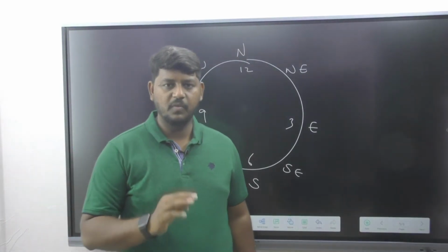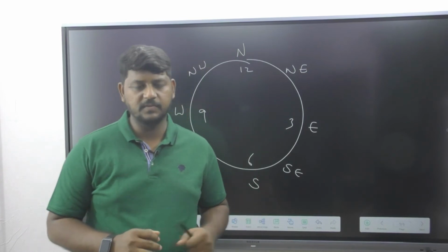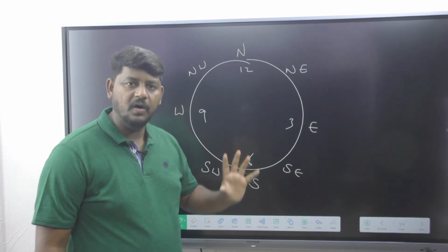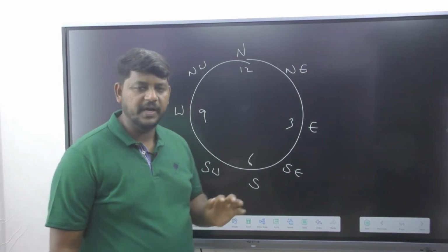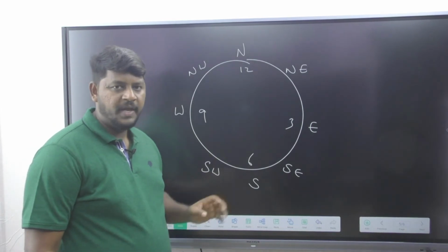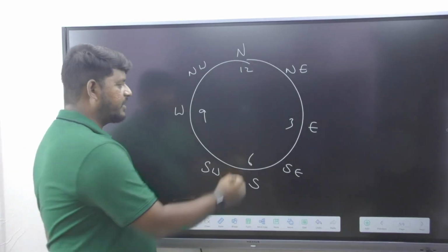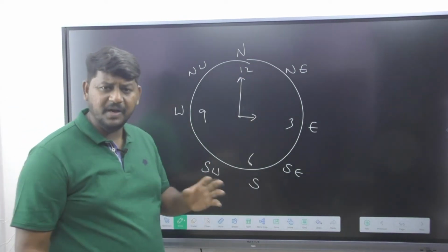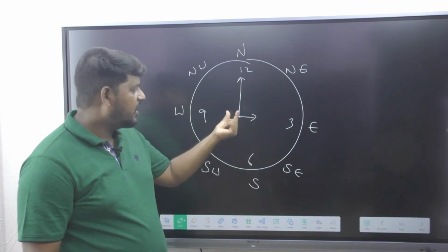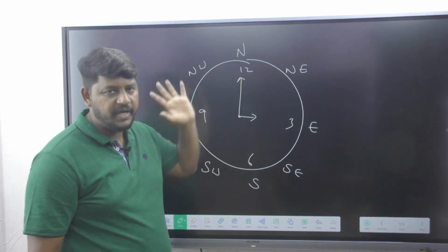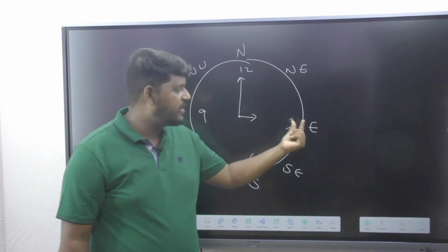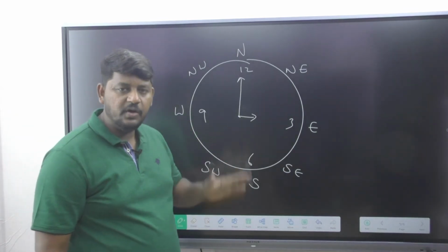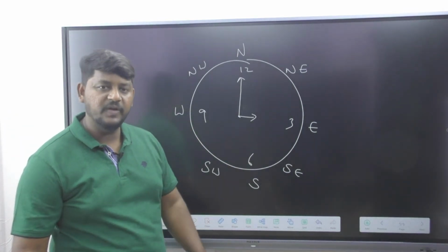Let us observe model number 3, based on the clock as well as the compass. Now imagine this is an analog clock. We can apply all the 8 directions to the analog clock. Don't worry about it. Now the question says, a clock shows 3 o'clock. So obviously you are going to understand 3 o'clock. AM or PM doesn't matter. At 3 o'clock, the minute hand is pointing originally towards what direction? North. And the hour hand is pointing towards what direction? East. But your examiner says, at 3 o'clock, the minute hand is pointing towards the west direction.